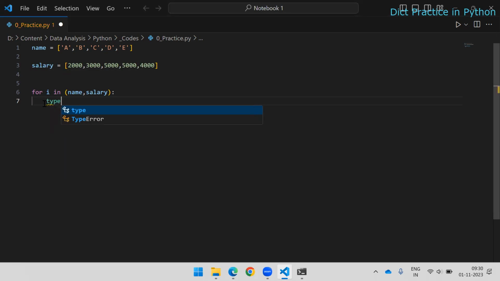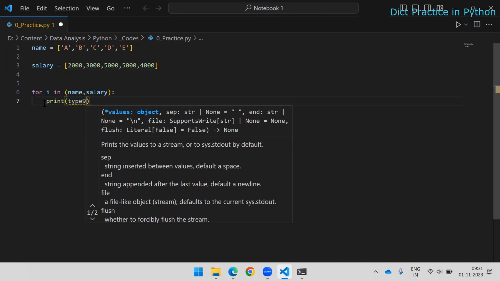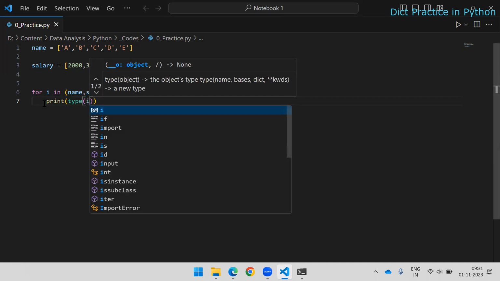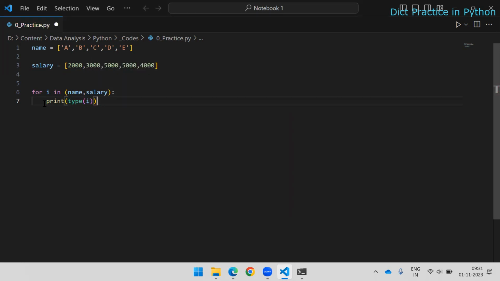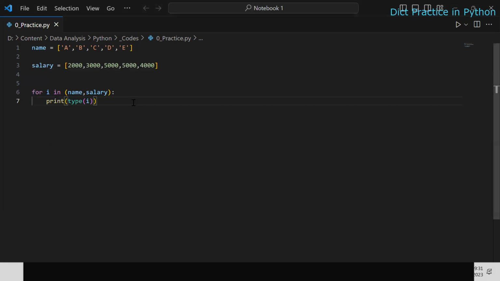So if I say print type of I, you need to understand, okay, it is of list, but there are two lists. Even here also I can create. Okay, so instead of using this and all, so what I will do, I will use, oh,